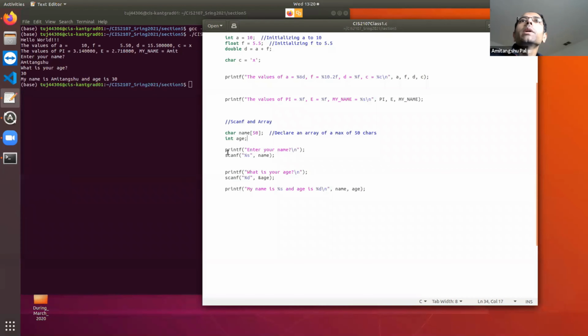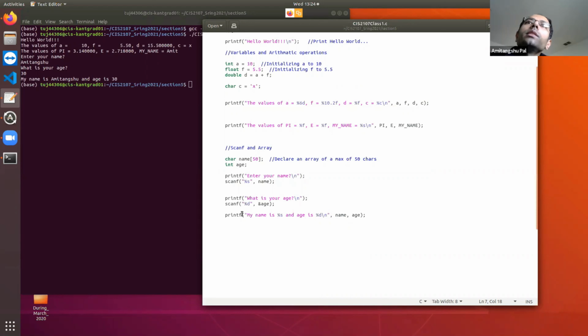That means my scanf is working perfectly. So we have learned the use of scanf as well as printf. These are two opposite operations. Printf prints things to the output terminal, scanf scans input or takes input from the user. Clear? Till this point, I have just shown you how to take your name and age.